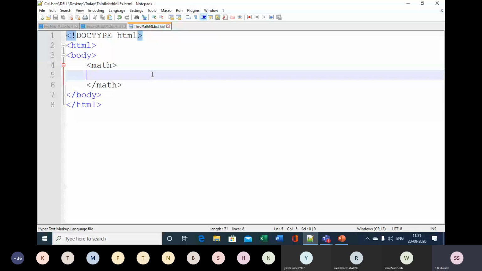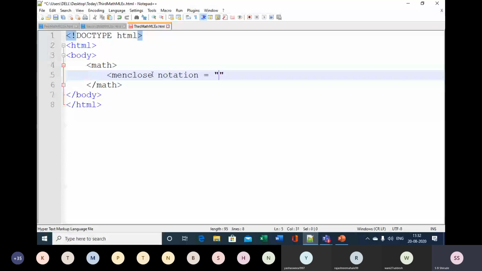So for that we have to make use of menclose. Menclose is the element. You know that this menclose, if you will be able to recall the element list that we have covered, requires a notation attribute. So make use of the notation attribute, and here is equal to the value of this notation, circle box I want, and therefore put circle box, and then close that